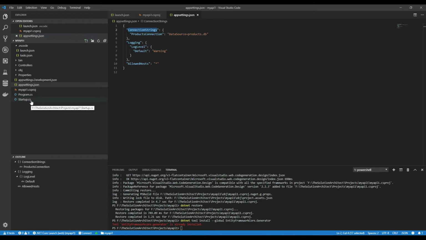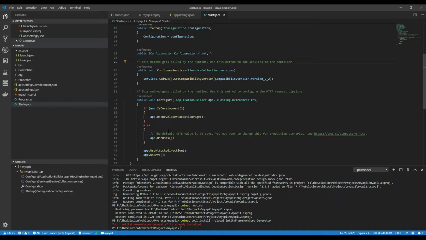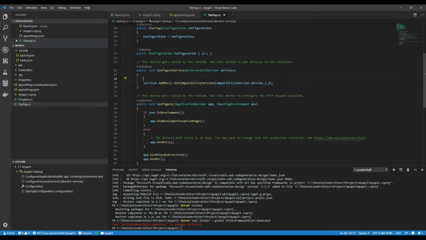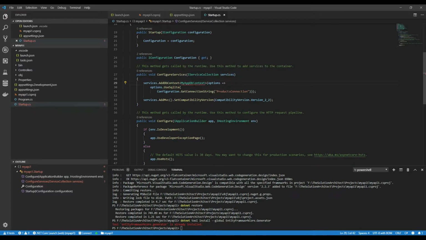The next thing is you need to go to Startup, and within your services here, you add the following code. So, okay, this is going to give an error right now because we haven't created the context class yet. So we're going to create the context class, but let's just add this here, and then we're going to create the context class. So this is going to use SQLite. Always click here to see, okay, there's a using that needs to be added on top here. This is still going to give an error. So let's go and create the